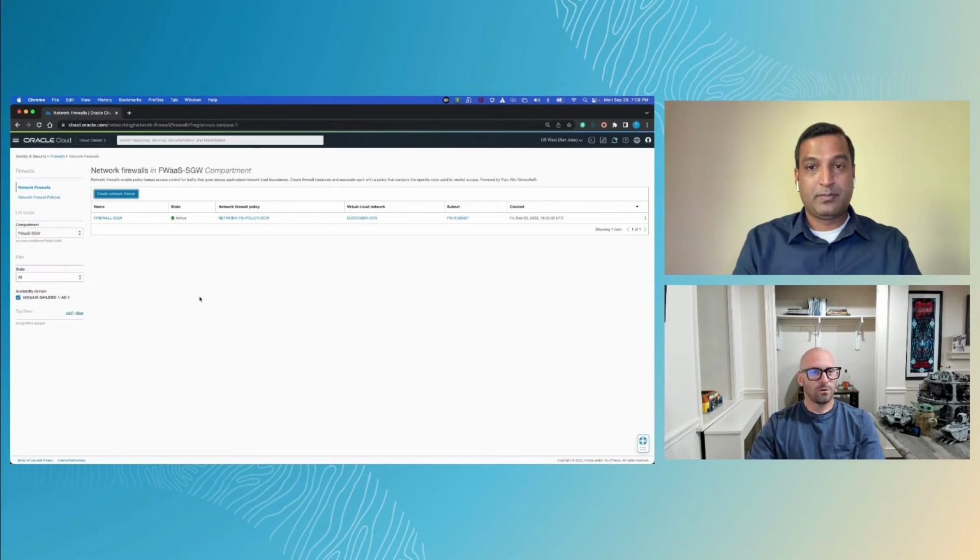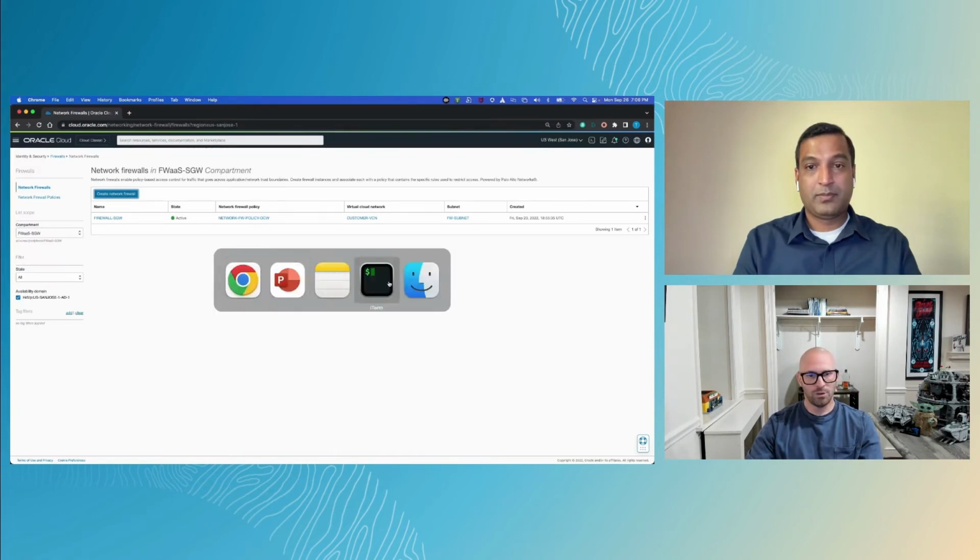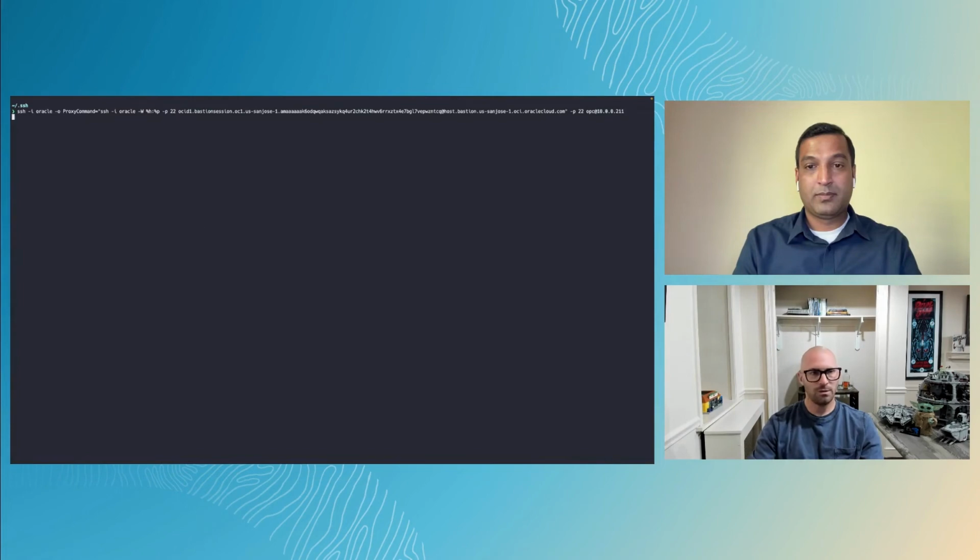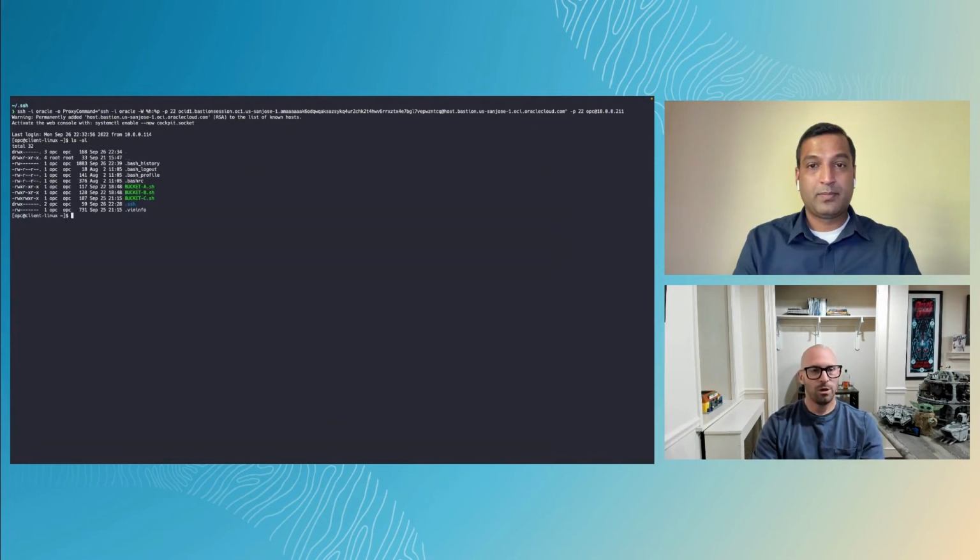So that covers the workflow for firewall policy creation and network firewall creation. In the next section here, we're going to look at validating that our firewall policy is working as we intended. So to do that, I'm going to switch over to the console and I'm going to log into the client. Now, on the client, we have a couple of shell scripts that we're going to run in order to test out the policy. And so the first test we're going to run is